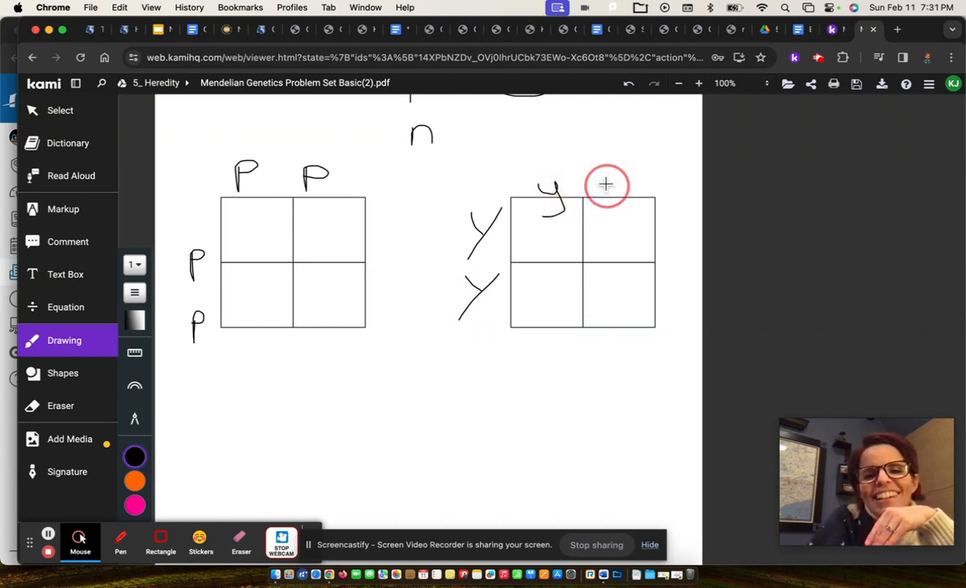Don't put a G there. You use the same letter as the dominant trait. Okay, so then we fill these in, and what we'll find is that every time it's going to be a capital and a lowercase. So 100% of their babies, when it comes to color, are going to be capital P, lowercase p. And 100% of their babies, when it comes to the pea color, are going to be capital Y, lowercase y. And we multiply